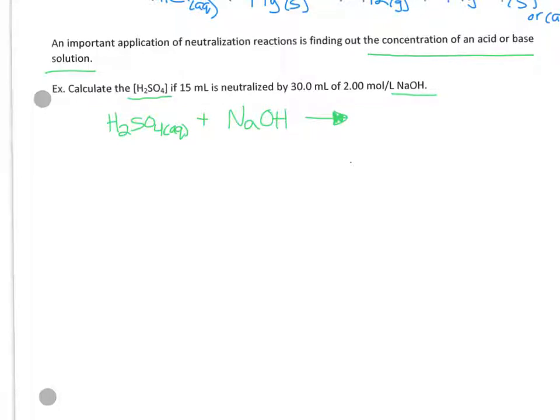So we know from our theory that our acid is going to donate a proton and our base is going to steal the proton. So we know one of our products is going to be H2O. And our other product is our ionic compound, so our sodium and our sulfate,